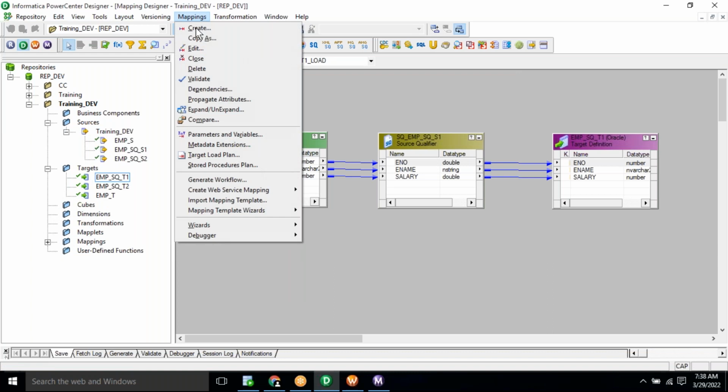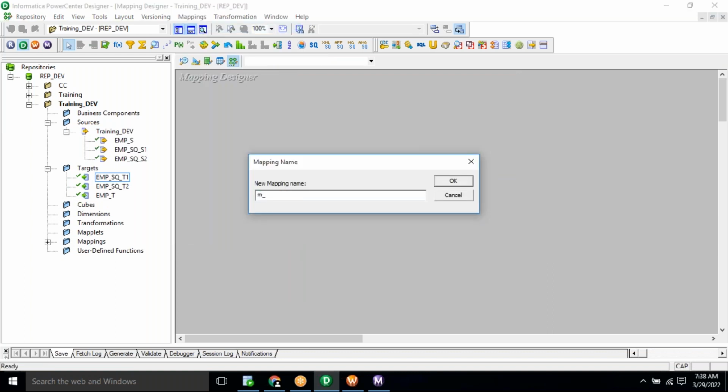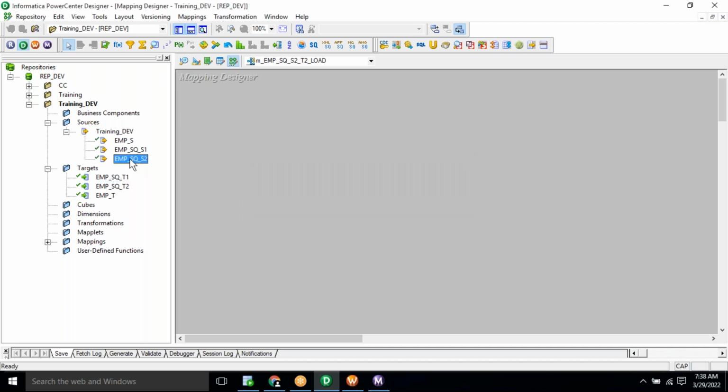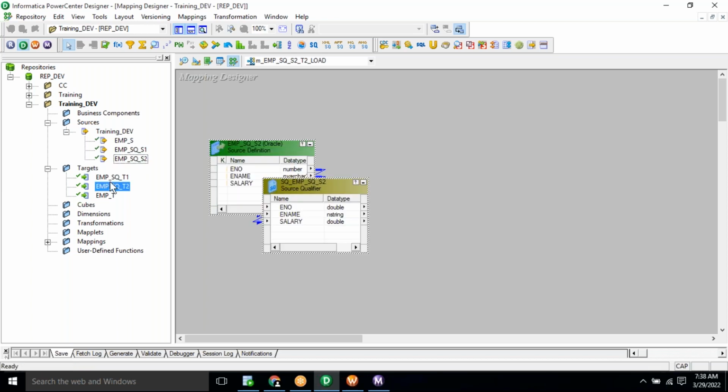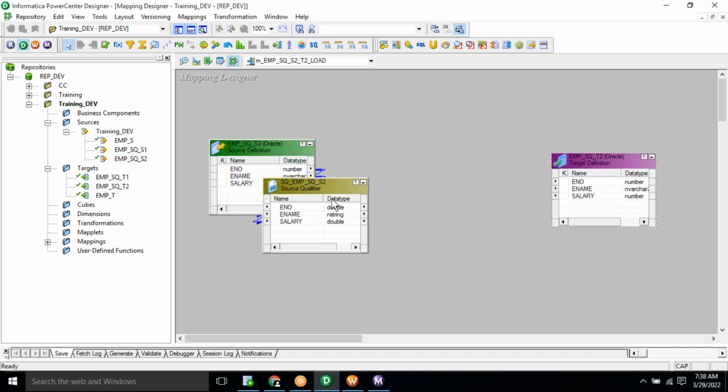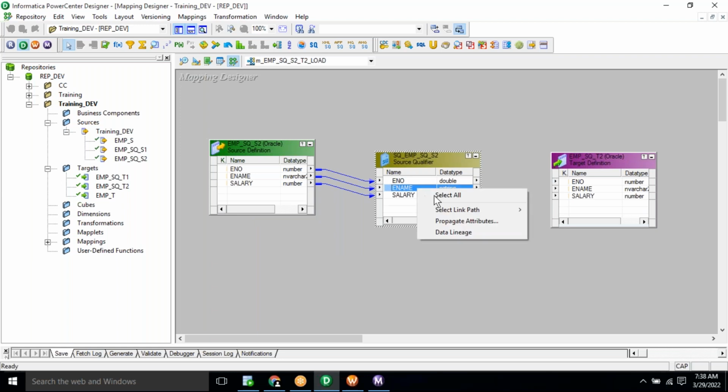What is the requirement here? We have to load the records where salary is greater than 10,000. So m_emp_sq_s2t2_load. Okay, so this is our requirement. So this is our source definition. Drag and drop the source definition, drag and drop the target definition. So after that, from source qualifier we will select all, drag and drop here, open the source qualifier, go to